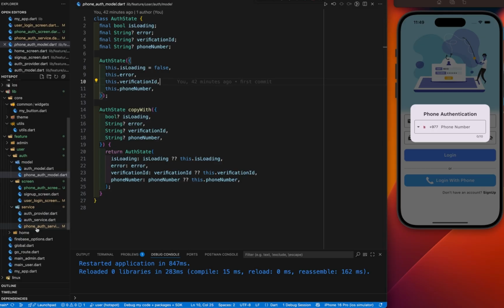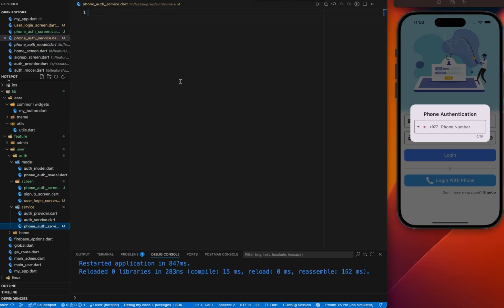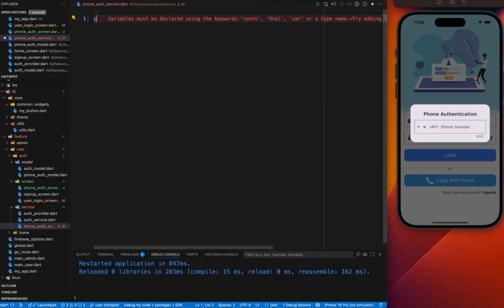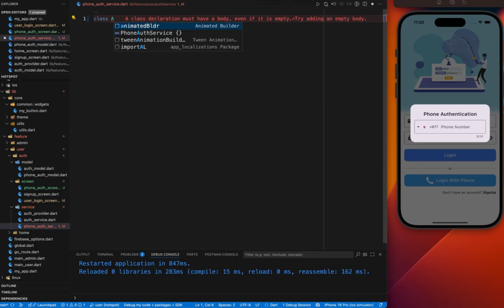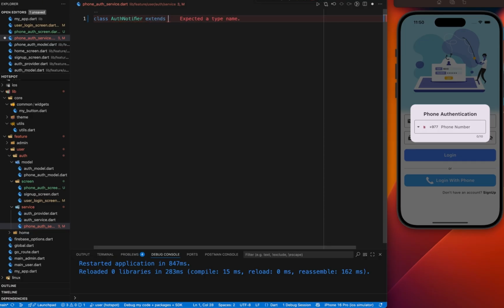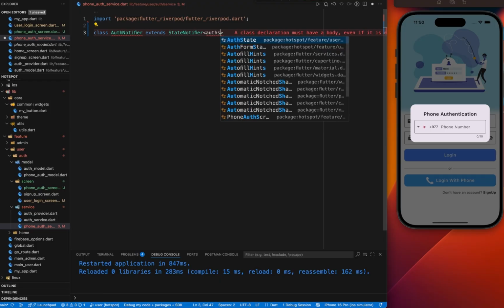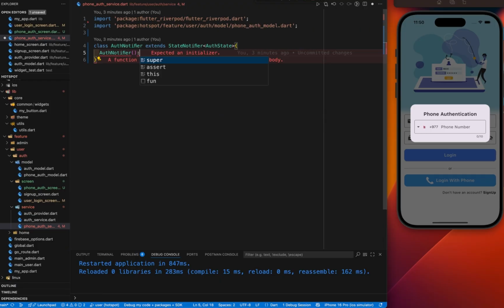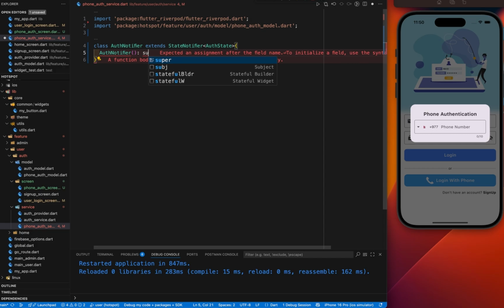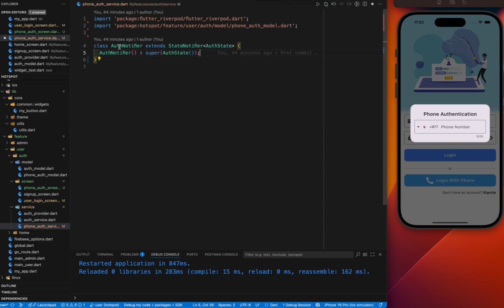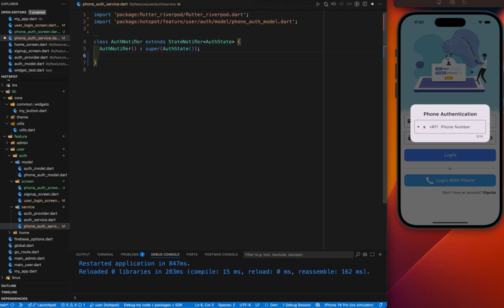After this model, we use this model inside the AuthNotifier. Okay, I'll create the class and give the class name AuthNotifier, and I'll extend it with StateNotifier. Inside this StateNotifier, I'll call this AuthState model. I'll initialize it with the default AuthState, super(AuthState()). This AuthNotifier manages authentication logic and all the state. After initializing with the default AuthState, we'll send the OTP to the provided phone number